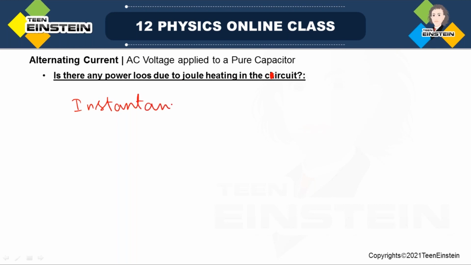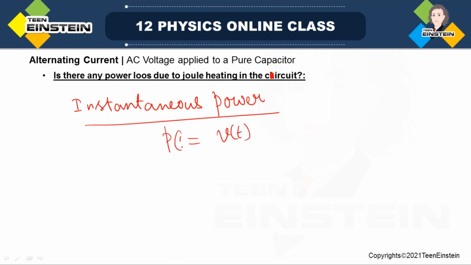You yourself can tell me. Power, P, means we know P is equal to VI, that we know. So we can write power is voltage into current. So voltage V(t), this is instantaneous. If you write V(t) = Vm sin omega t,